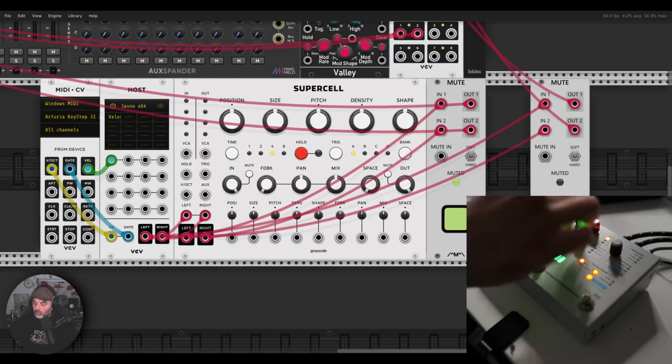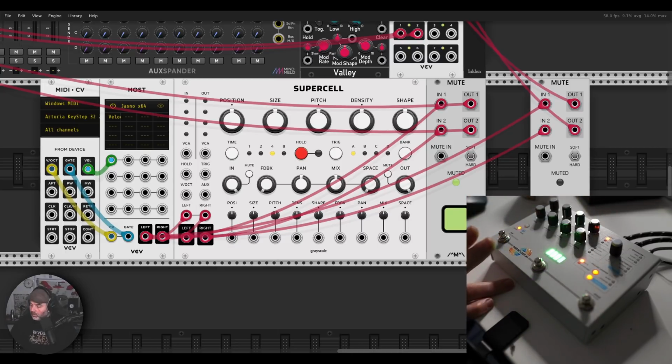Let me turn the loop down, right? So with Microcosm, I'm going to mistake Microcosm and Microcell. Microcosm is a looper, right? First and foremost, it's a looper. With Supercell, you cannot really loop. I mean, you can,